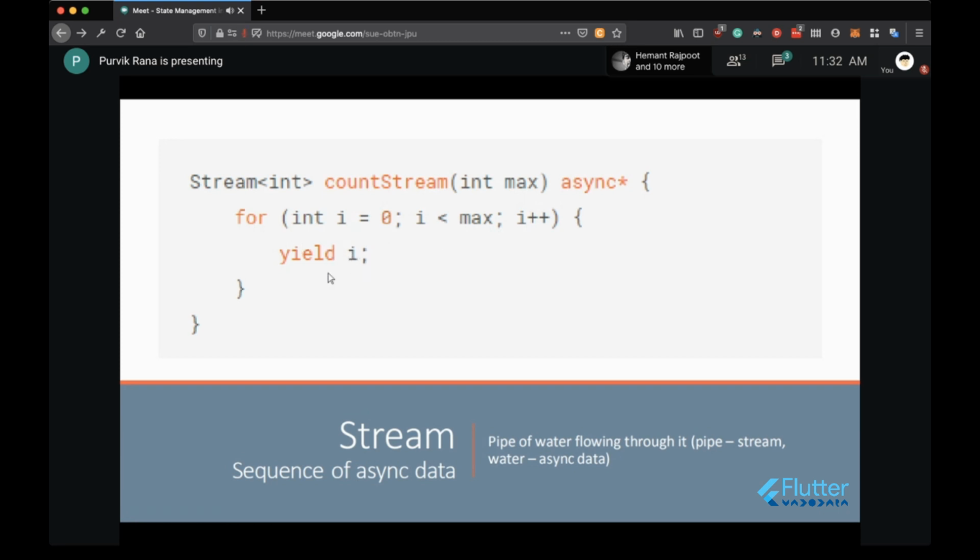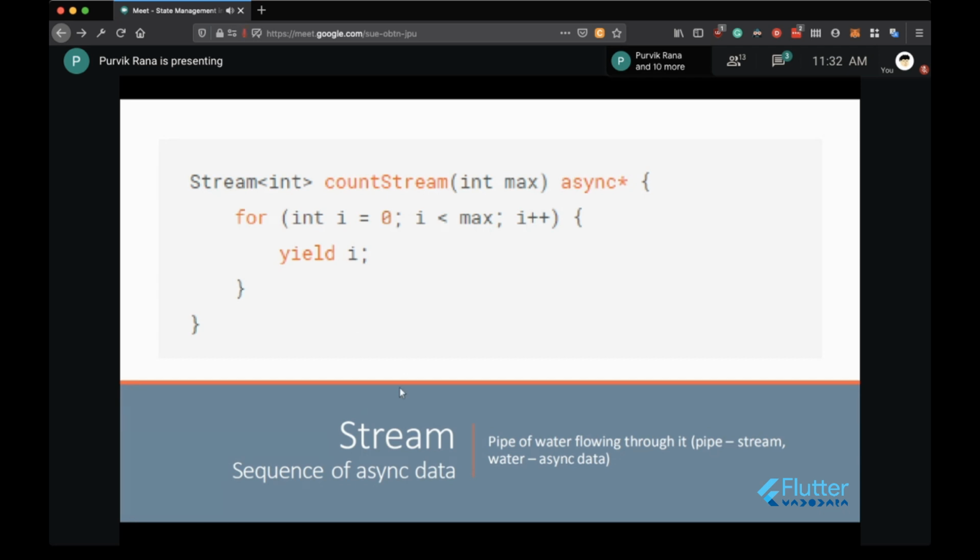So it will give the 0 to 9 values over here as a particular stream of integers from this function. So that's how the stream is working. And to understand how the block is working, you have to understand these things. So that's what it is about the stream.